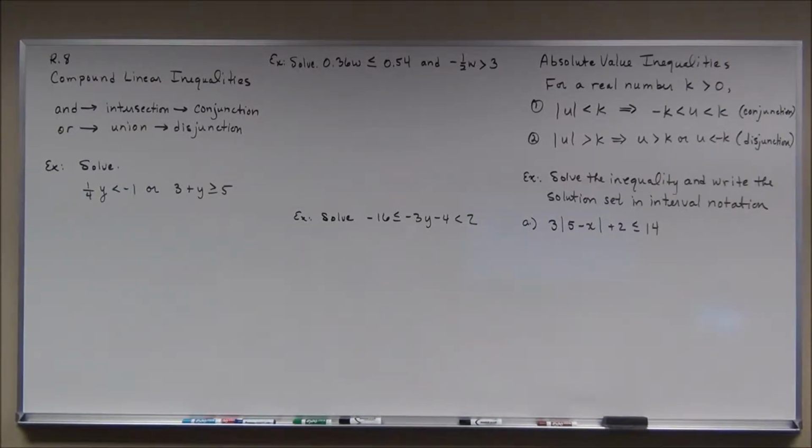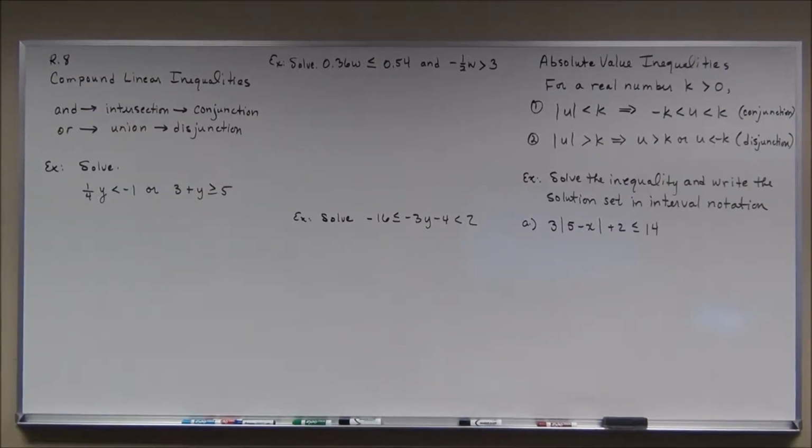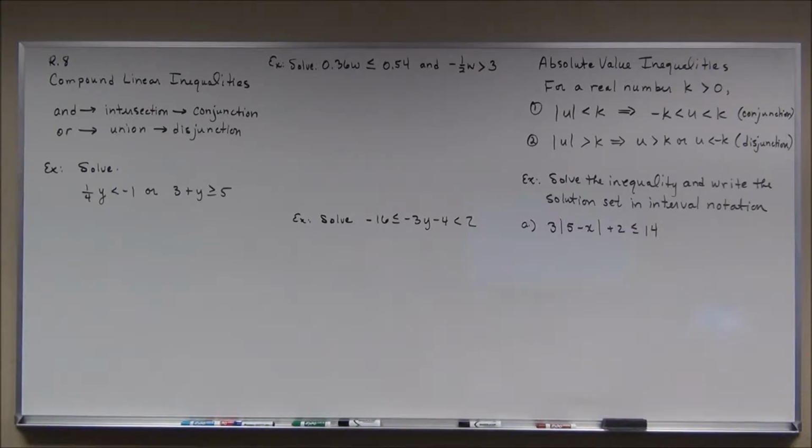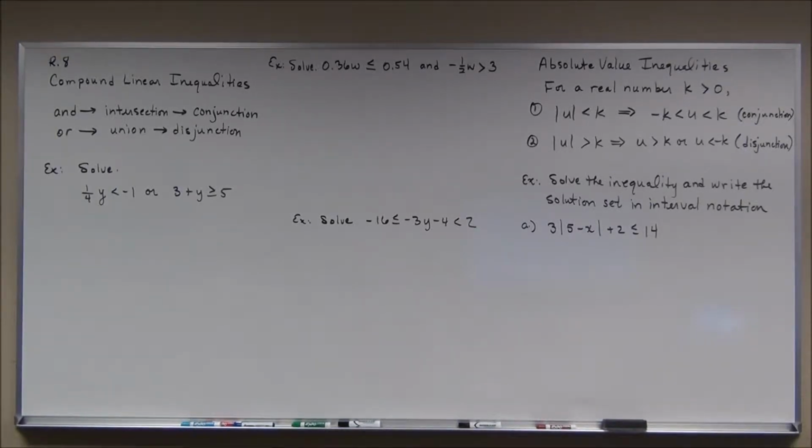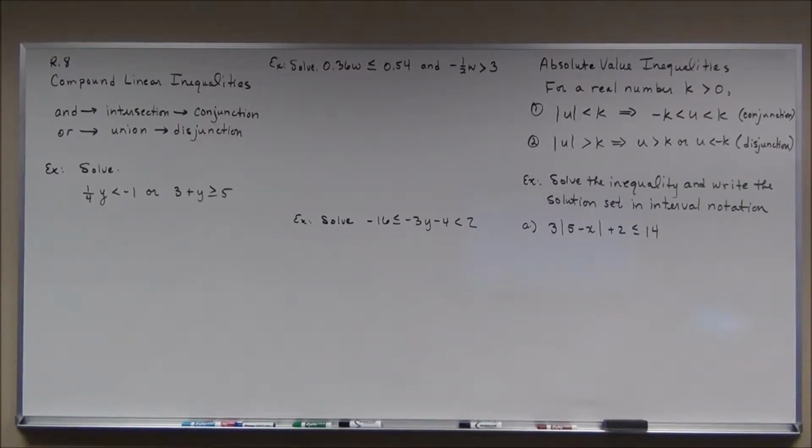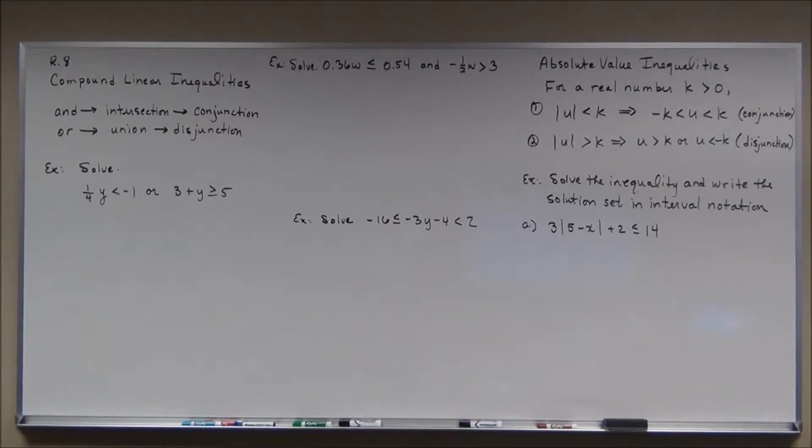Okay, continuing with inequalities, we're going to look at compound linear inequalities. Now there are two types of compound linear inequalities, and I always try to draw the comparison to compound sentences: two simple sentences connected with a transition word like and or or. Well, compound linear inequalities are two simple linear inequalities that are connected together with either the word and or